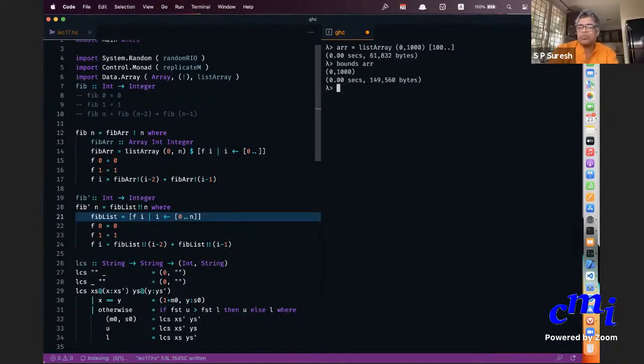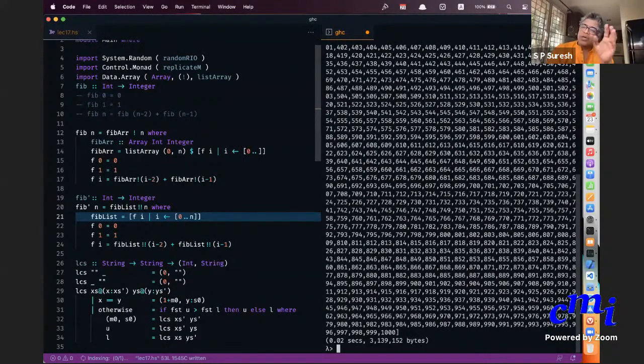It will give you 0 to 1000. You can ask for indices of the array. It will give you everything from 0 to 1000, the list of all indices. Finally, you can ask for elements of the array. That will give you the list of elements.